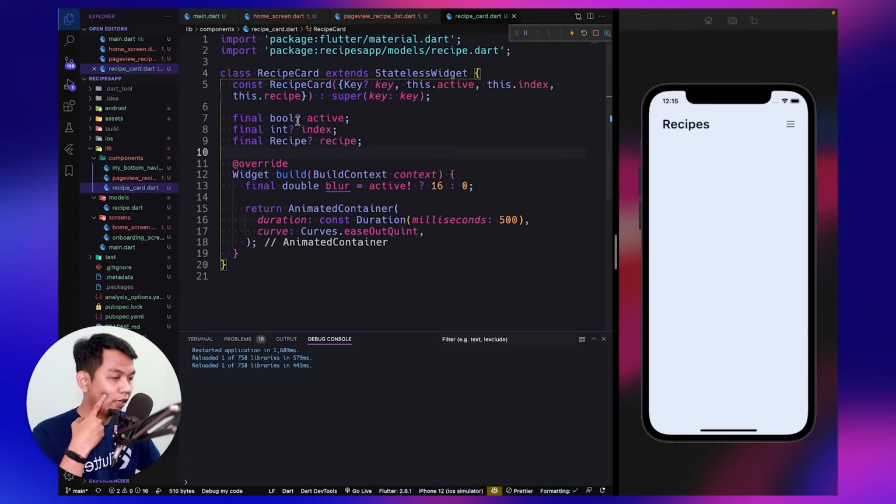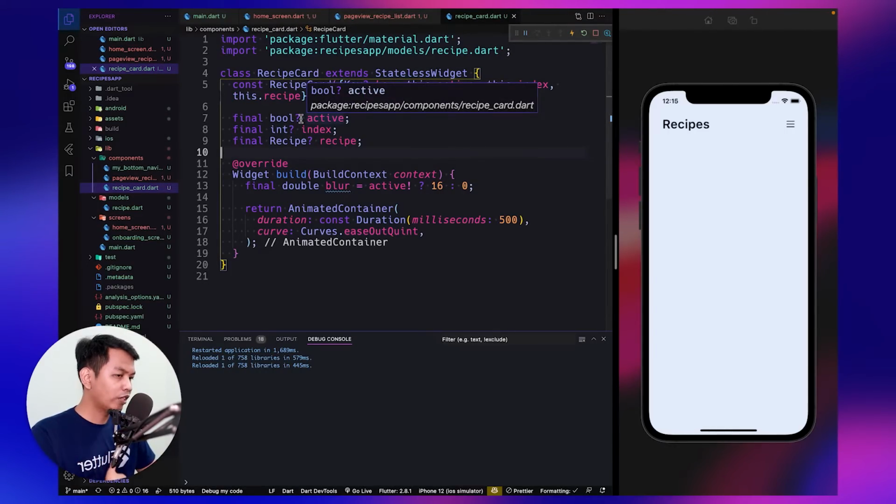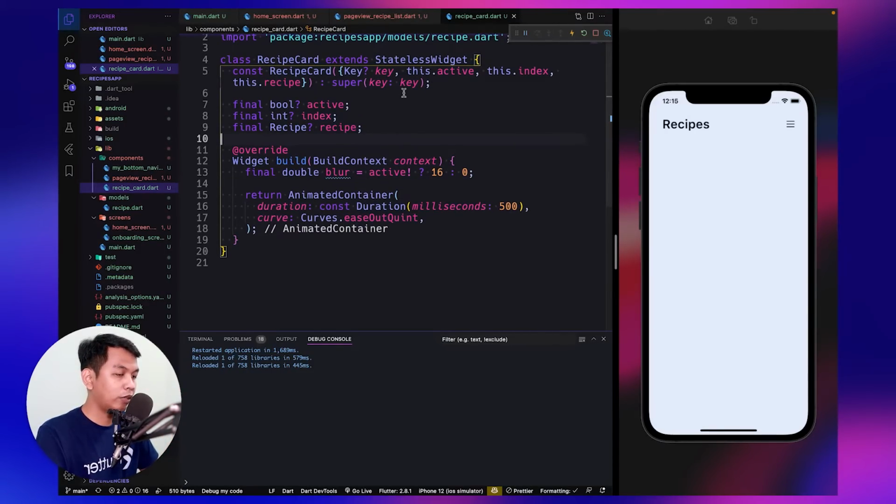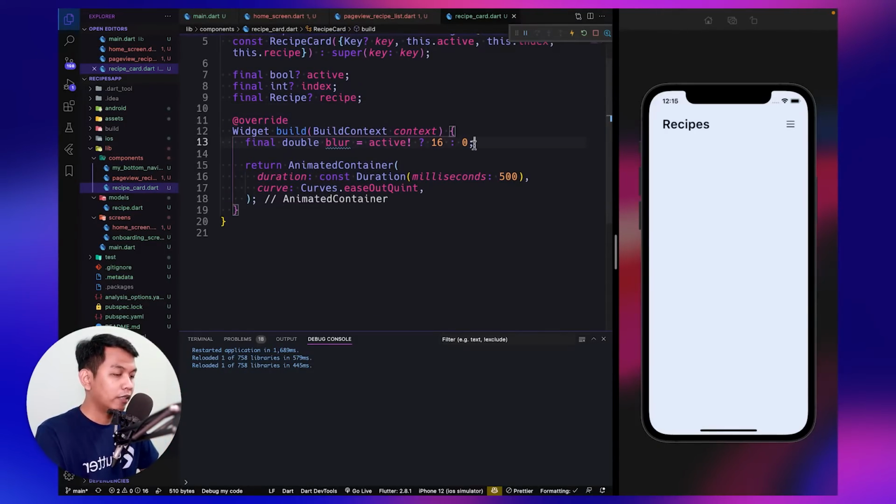Okay, and I use this question mark to mark our properties or our parameters to be not required, what we say is optional, but we can make them required. So this means that when our card is active, we set the blur radius to be 16, and when not active, set the blur to 0.